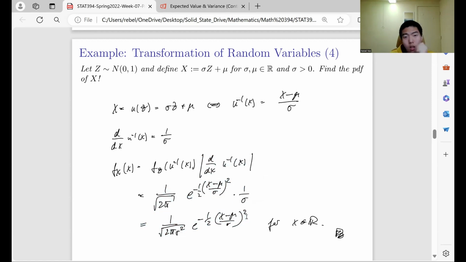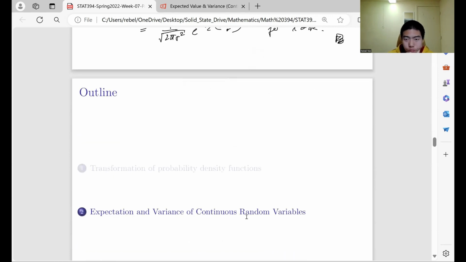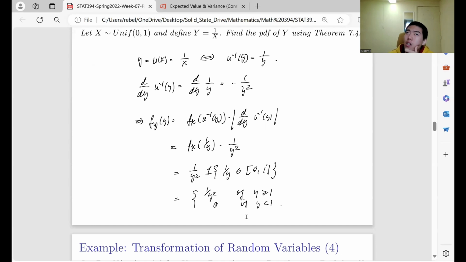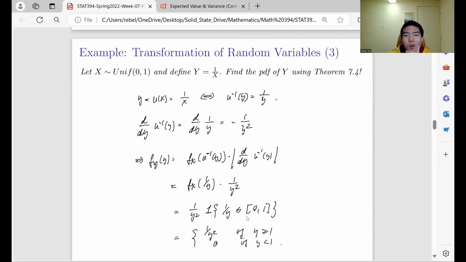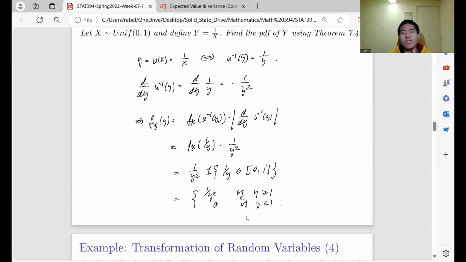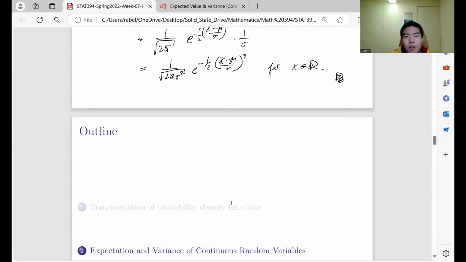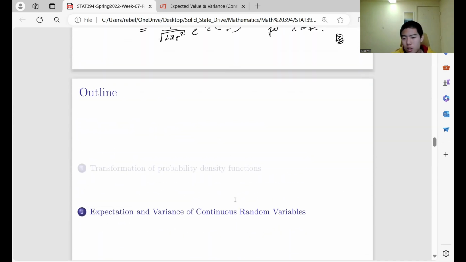So this will be the result. So I think this is a wonderful setup for the transformation. We see at least three different examples of how transformation and this formula works. So this leads us to the